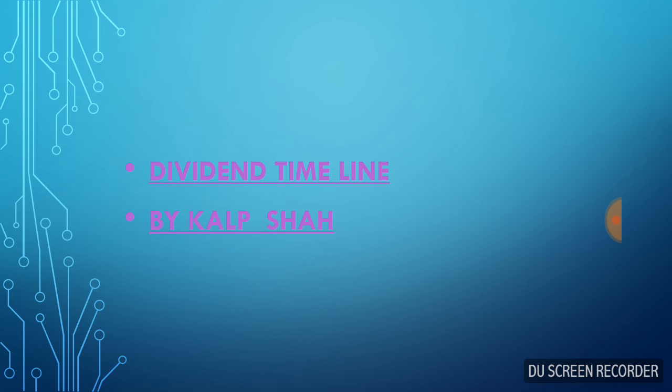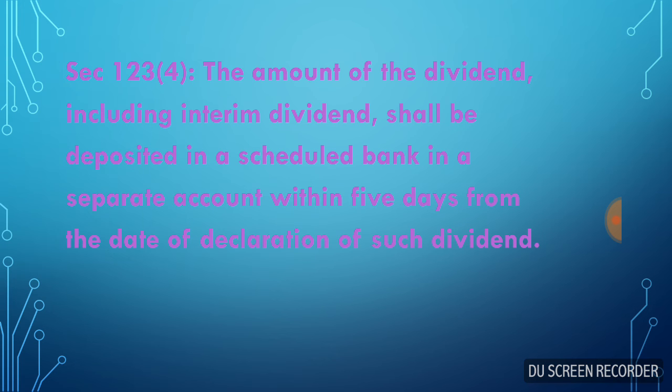Today we will see the timeline of dividend, how dividend is paid and when it is paid, and if not paid, then what is the procedure. First of all, we will see section 123 subsection 4, which states that the amount of the dividend including interim dividend shall be deposited in a scheduled bank in a separate account within 5 days from the date of declaration